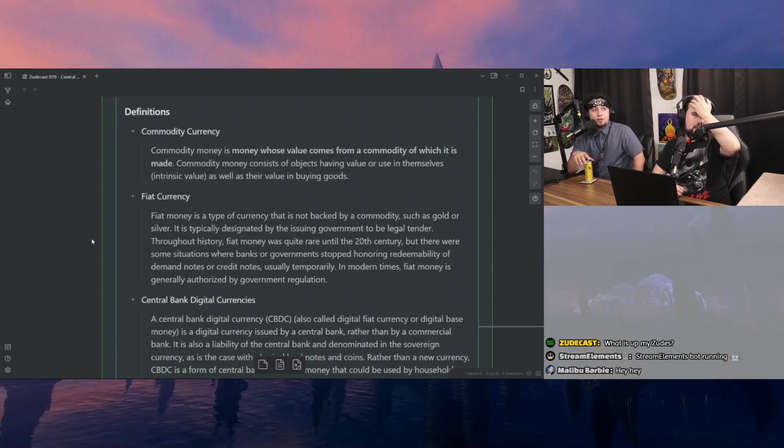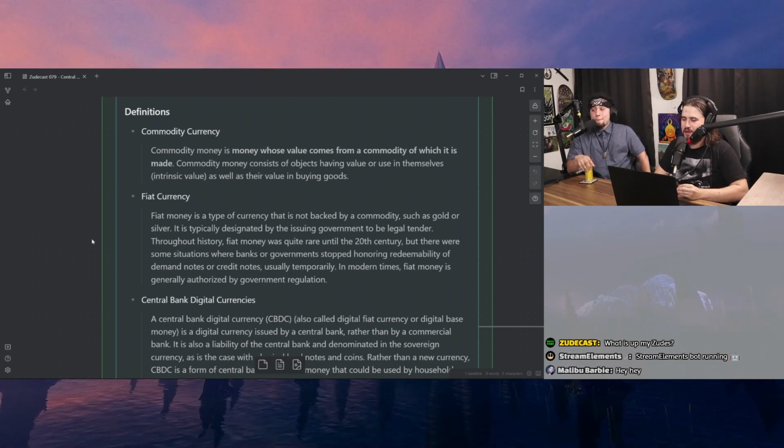Okay, let's just start out with a couple definitions if y'all don't know anything about money. We can kind of look at this in level 1, level 2, and level 3. What we all kind of know as level 1 standard money, when you think of money, is commodity currency. That's money whose value comes from a commodity of which it is made. Commodity money consists of objects having value or use in themselves, intrinsic value, as well as their value in buying